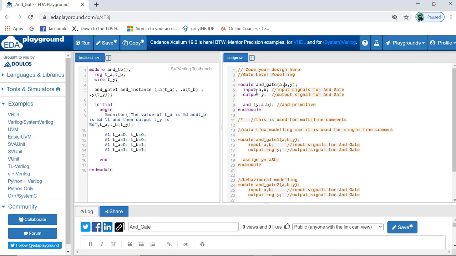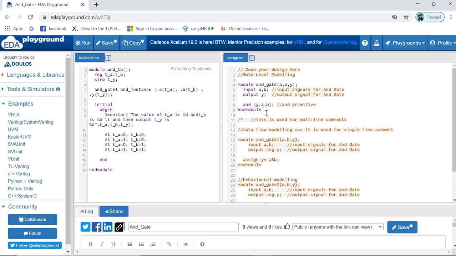This is the terminal list, AND gate is the name, and module is a keyword. Later we define the input signals for the AND gate and the output signal. By using the AND gate primitive, where and is the keyword, you first put your output, then your input signals. So this is the design.